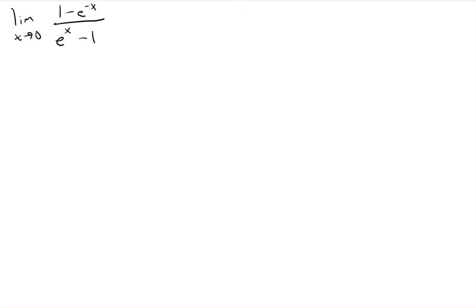Alright, so the first thing I notice, as I go through my list of tricks, things that often work with rewriting these, nothing jumps out at me right away. But this being negative, I could think of this instead as an exponent of negative x in the numerator is like an exponent of positive x in the denominator. And if you can see that, if you can think to do that, then what you've got here is a